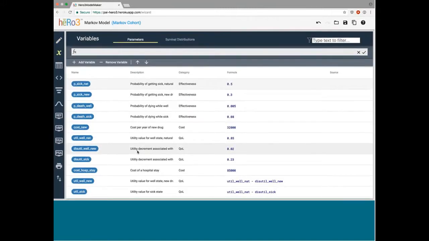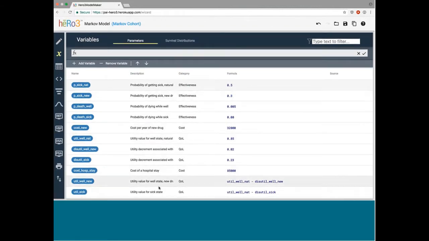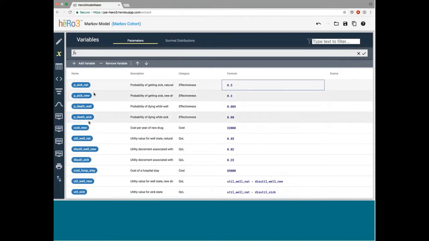And over here, you'll see that we've got a bunch of variables defined. This is just an inventory of our variables. Oftentimes in Excel models, you have a similar worksheet where you do an inventory of these different variables, and that's what we have here. And you can find this variable P6NAT right here. And you can see we've defined the value of that as 0.5. And so there's a 50% chance of undergoing that probability each cycle. There are various other variables defined here, some different transition probabilities that are being used in that matrix, and we're just referencing those on the transitions page.